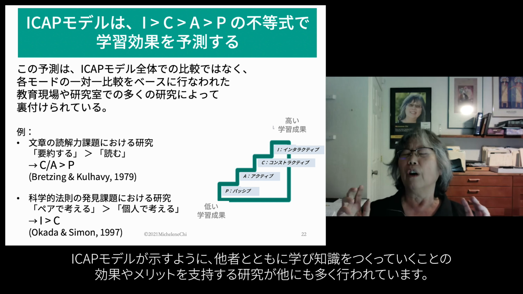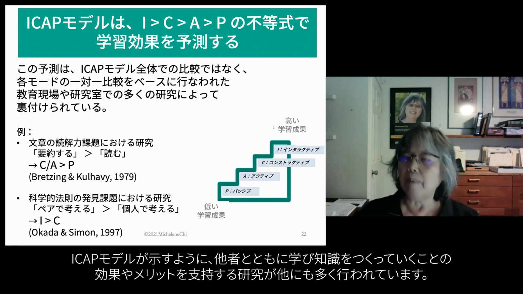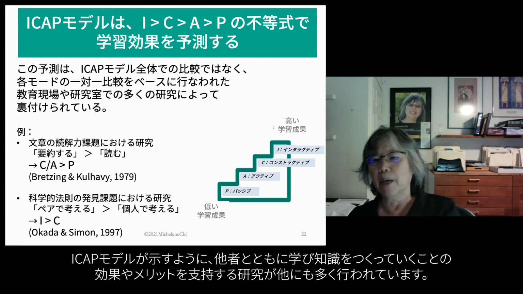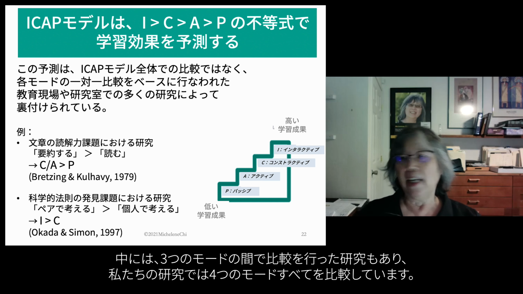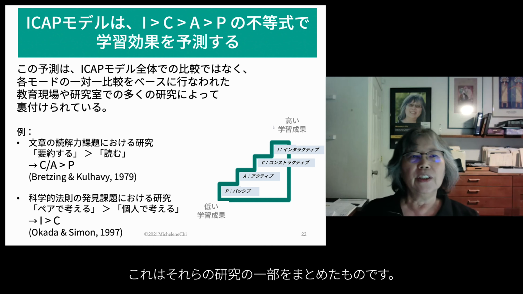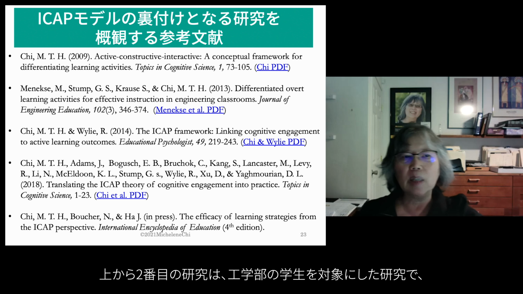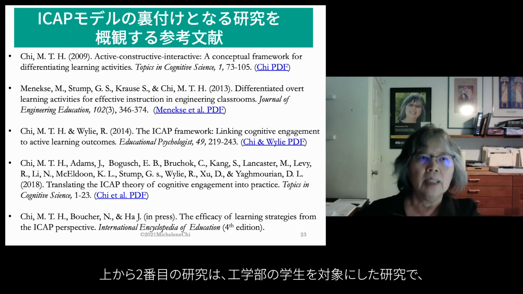So there are hundreds of studies already published in the literature, both classroom and lab studies, that support ICAP's pairwise comparisons. There are also a few studies that compare 3 conditions and that support it, and we ourselves have compared all 4 conditions. So these studies summarize some of these studies, but the second one, my former student, Mineski, Stump, and Kraus,